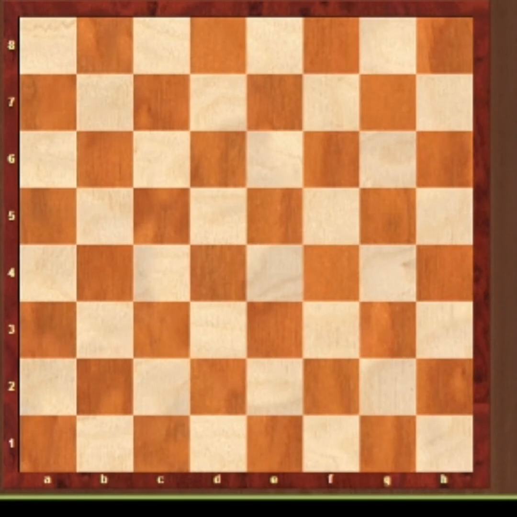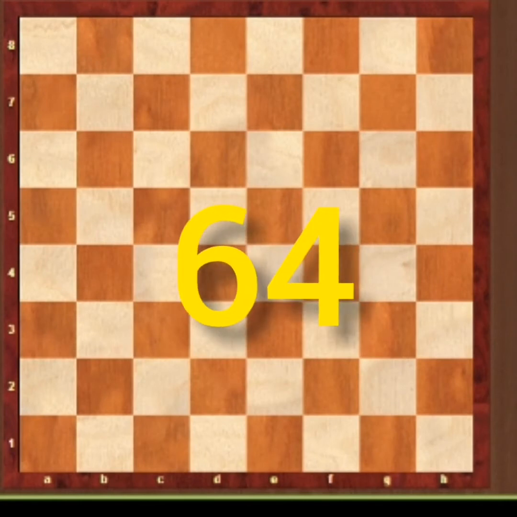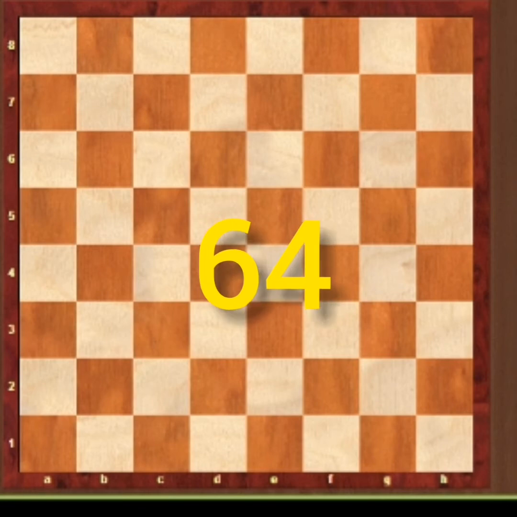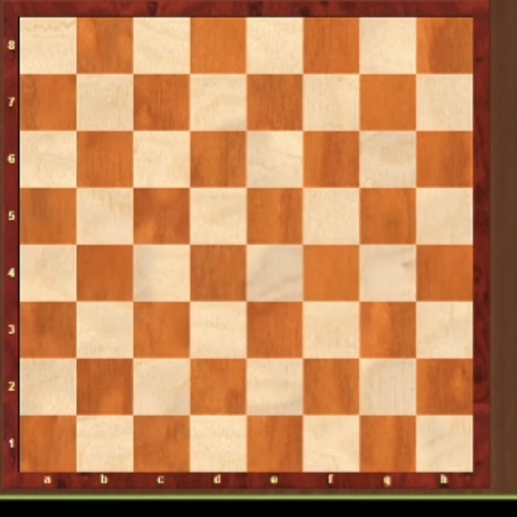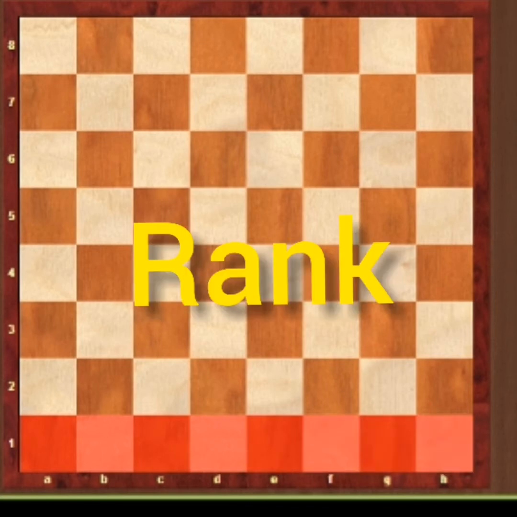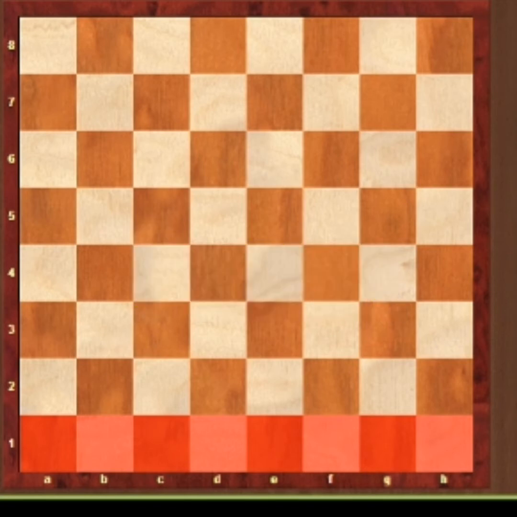Okay guys, so the board is made up of 64 squares, and those 64 squares are arranged into ranks, files and diagonals. Now we're going to begin with the ranks. So you may notice these squares I'm highlighting. This whole horizontal block is known as a rank, and you might notice there's a number by this rank, which is number 1. So this is not the 1 rank, this is the first rank,